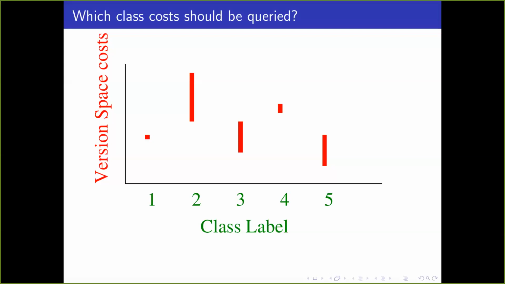Is a question? Are these red uncertainties for a particular example? Yes. Or over all? For a particular example, you have a set of different regressors which predict the costs, and depending upon the example, those regressors have a range of possible costs that they predict. Right. So it might happen that for a different example, we have a totally different structure.